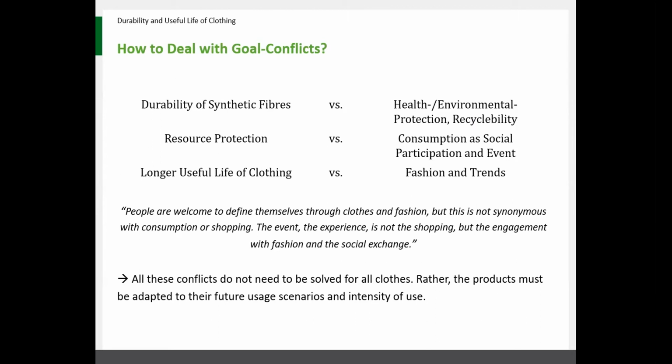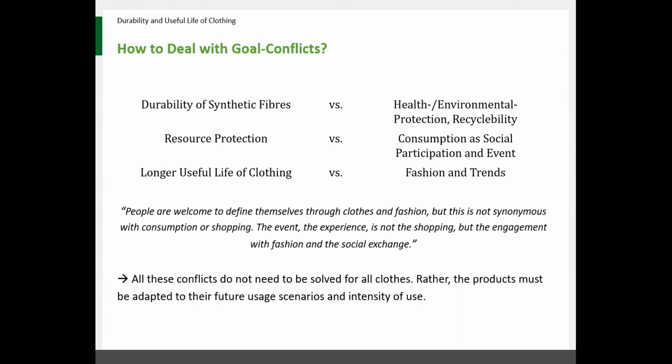But on the other side, there are health and environmental issues during production, and blends are difficult to recycle. Then we have the negative impact of consumption on the environment and the positive effect of consumption on social aspects